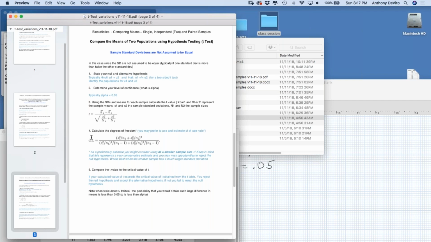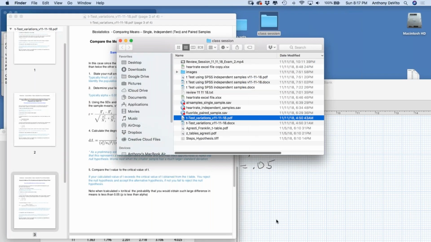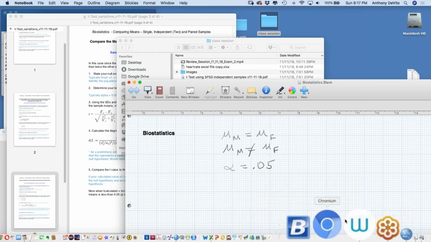In fact, if you do it manually, you're going to miss some cases where you might have been able to reject the null hypothesis. But you'll notice that it's very complicated, so very frequently, if you're doing it manually, just take the smaller sample size, subtract 1, and use that degrees of freedom to look up what the critical value of t would be. In fact, if I go back to SPSS, assuming I haven't closed that yet,